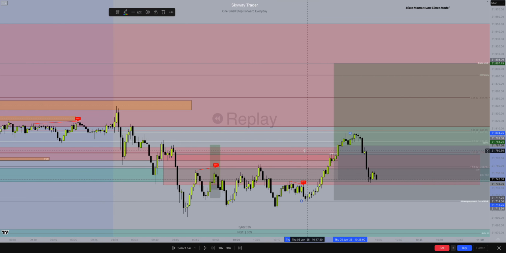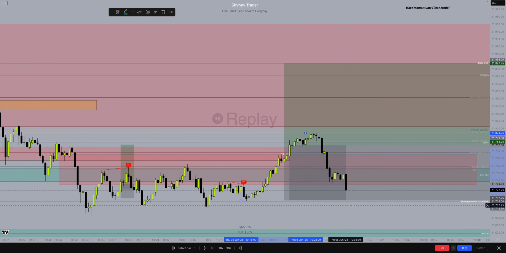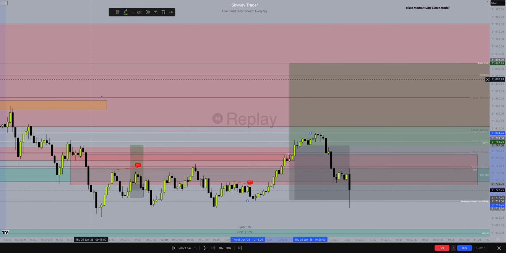Your data low swept, and you have to be convinced that we're going to go higher because we closed above that 2 minute. So a little shaky, not gonna lie. That's kind of hard. Manipulation lower. Okay. So we got a manipulation lower, and this can present a really good opportunity. We're in discount. We took out a low. I feel better about going long now than I did a second ago.